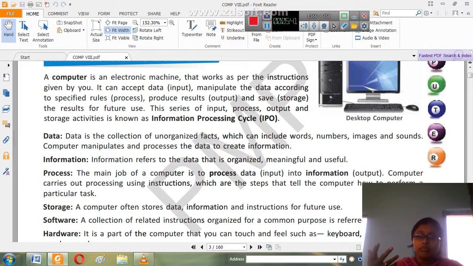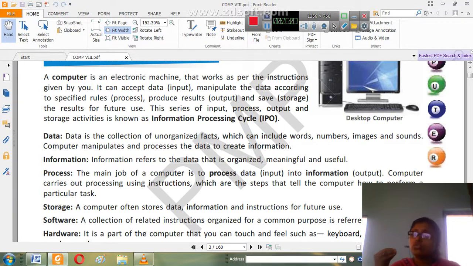Software is nothing but the related instructions, or you can say a set of programs, a set of instructions, based on which the computer works. And this can be specific or general, which we will understand later on.